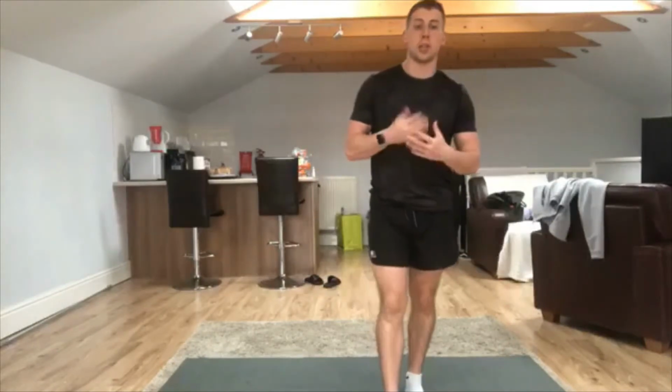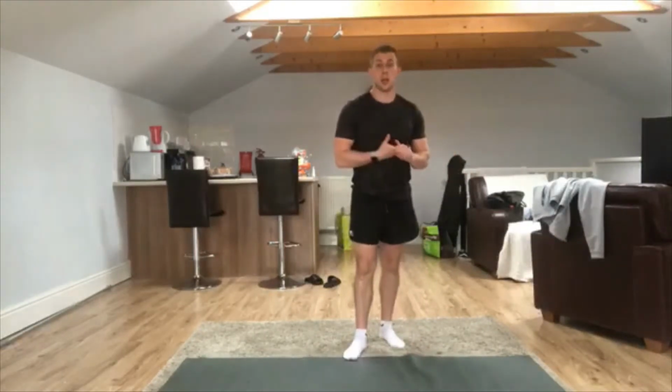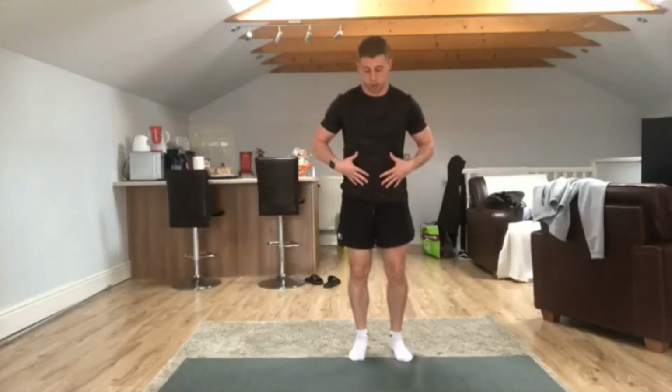Okay, what we're going to do first now is move on to our first section, which is our balance and coordination. So, those who've done one of these classes before, you will know what's coming. So, 2 exercises we're going to start off with. The first one, we're shifting our body weight from right to left. And how we're going to do that is engage our core muscles, make sure everything is in good alignment, and